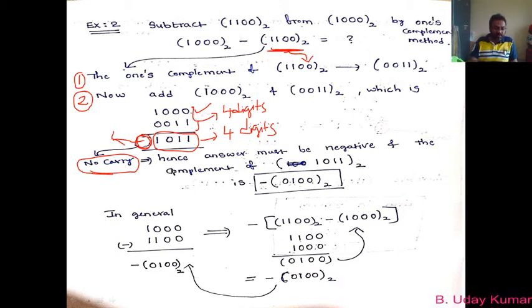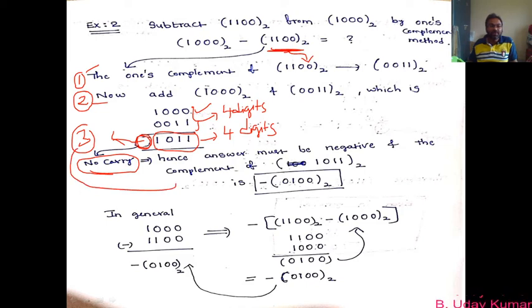So these are the steps that you follow. There are 3 steps, right? Again, here also we have 3 steps. One is writing the complement, another one is adding, and third is what? From this answer you analyze whether the answer is positive or negative. If it is positive, you will have a carry here, and that carry is getting added with this answer that you used to get here. Okay, that we have seen in our previous example.